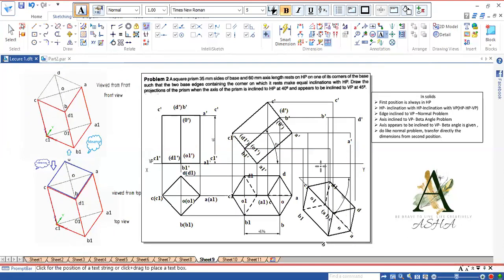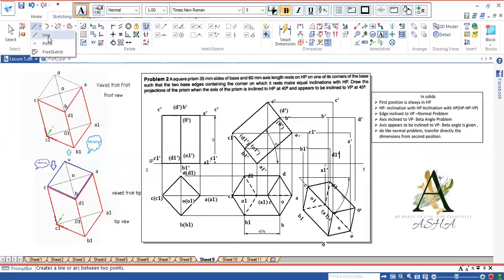Similarly, A1 dash, B1 dash, C1 dash, D1 B1 dash. Now, what is the rule for writing visible and hidden edges?